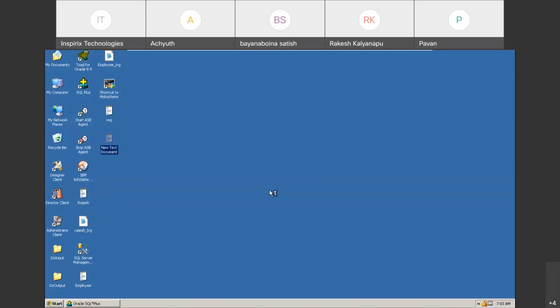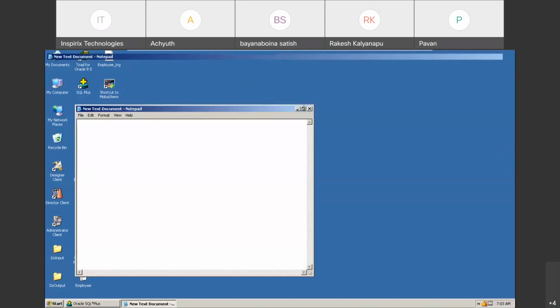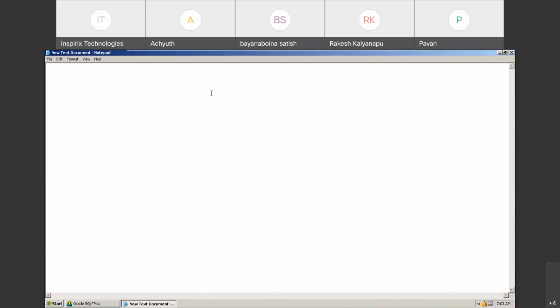Okay, today we are going to do pivot. How to convert column to row, row to column. For example, if I'm having my data like this,